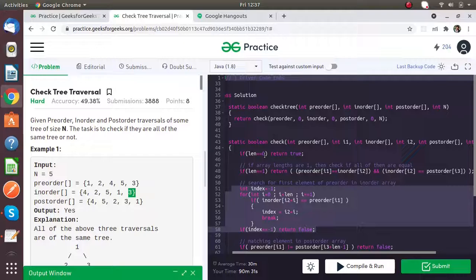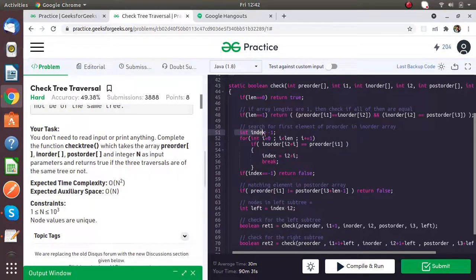If the length is 0, then it means there is no element in the three arrays, so we simply return true, because they are equal. If the length is 1, it means there is only one element, and we check whether the first elements in the three arrays are equal or not. If equal, we simply return true.